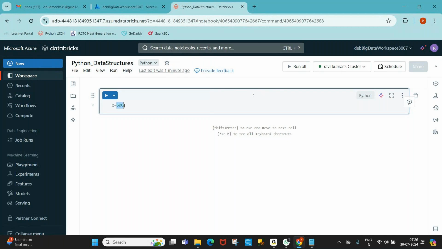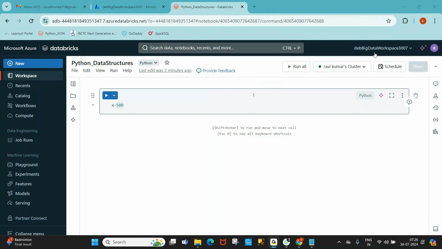Now tell me, what is x? What is 500 here? Can you please explain in your own way? x is a variable, 500 is a value. Value is known as an object.